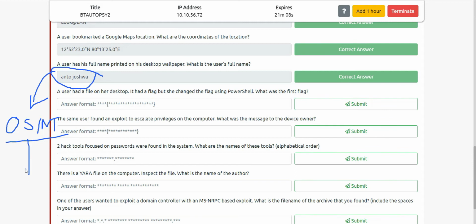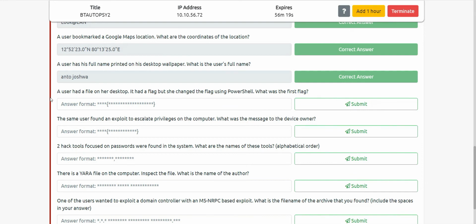The hint is that you have to check the web logs or the web history of this system, and you can also find the Instagram IDs the users have visited. I am giving this as a bonus tip for you. You can do so by that also. Okay, so let's move on.